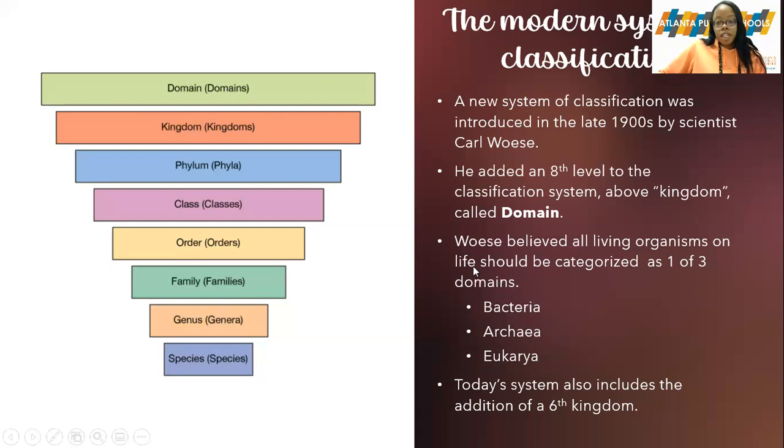And these 3 domains are still a part of the classification system that we use in today's society. So this is now us being brought to what, again, is being used in modern day. Along with the change for the domains, Carl Woese also added in a sixth